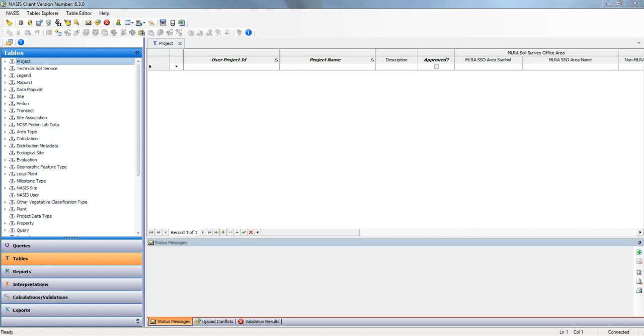And these are the ones that we use to record a lot of information on how we manage our data, be it a TSS activity or a soil survey or an update of particular pieces of soil surveys. So let's go into the project table, and you'll see in NASIS 6.3 that we've got a new